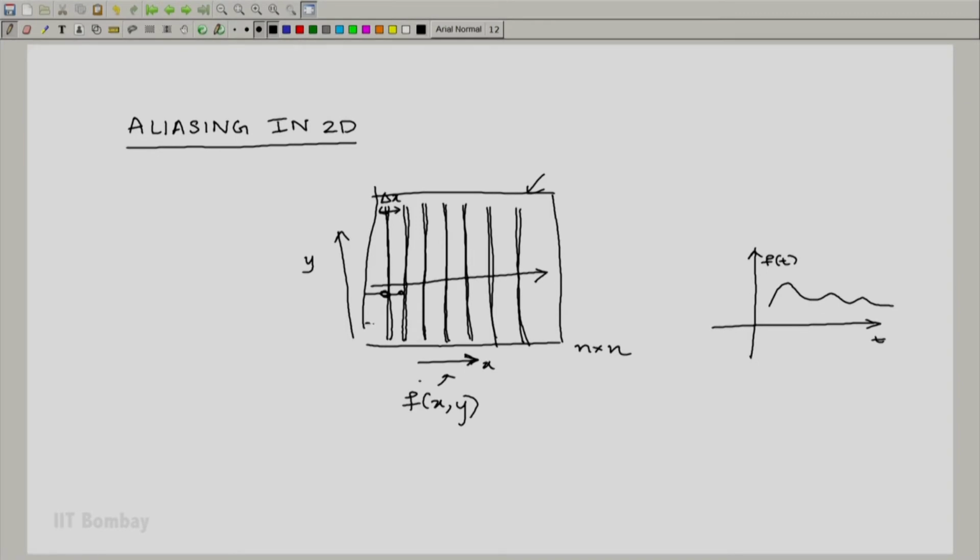So when we draw a line or slice the image in one direction, we will see that this black pattern is repeating at certain intervals. Basically it is periodic. So if we move from left to right, we actually encounter a periodic signal. This is what we mean by the frequency in the x direction. So the x direction has some frequency which is determined by delta x.